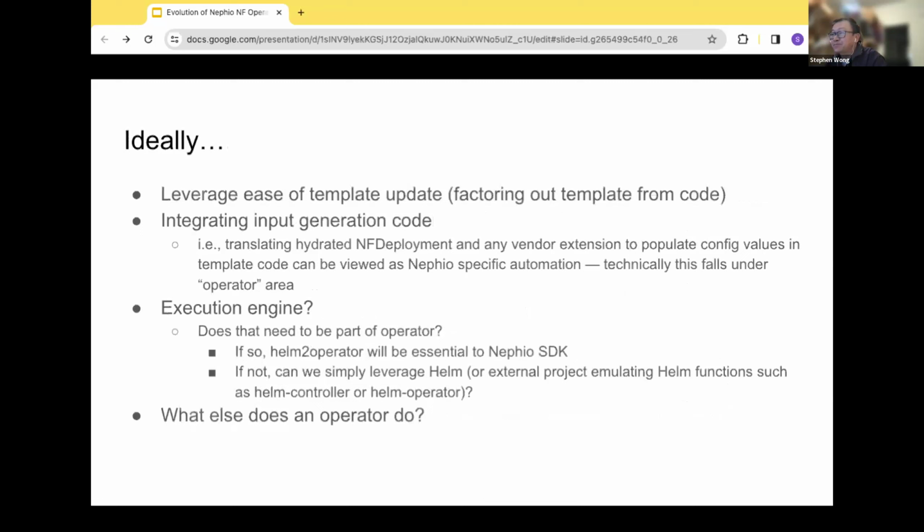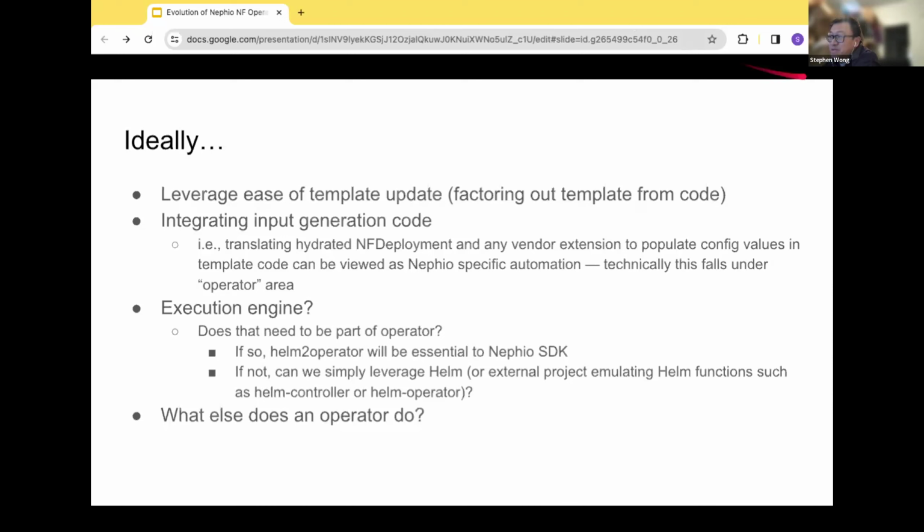Ideally, it would be nice if we can make any updates of at least the built-in resources be templates that are as easy as Helm chart updates. I think that's what we strive towards, because Nephio as a community shouldn't be generating something with fundamental changes that turns out to have weakness against the current working model.